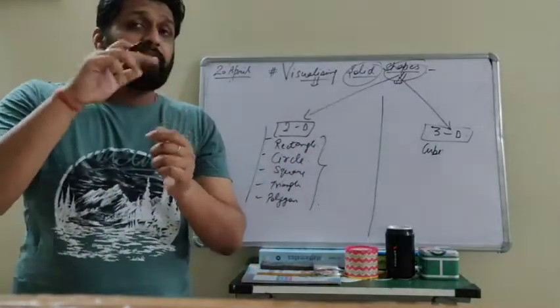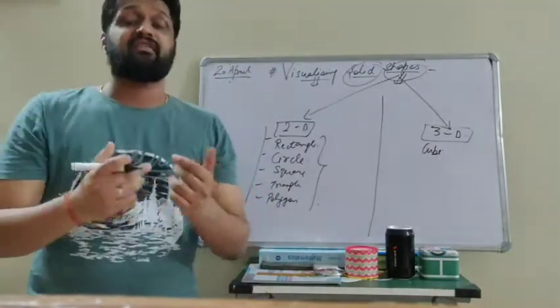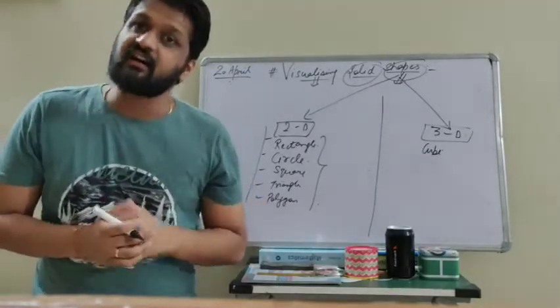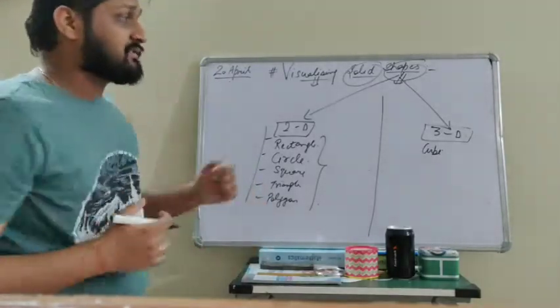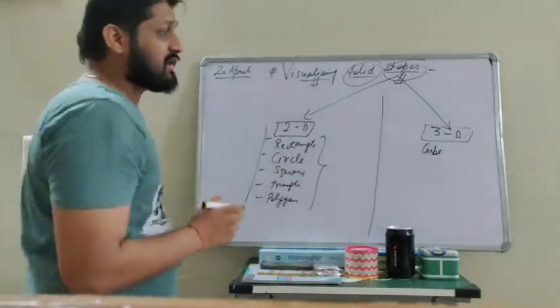And can you tell me how many faces are there? 6 faces, and which is the front face, which is the back face, which are the side faces. So it will all depend on how we visualize the shape. So the dice is a cube. So the cube is a three-dimensional figure. Similarly, cuboid.